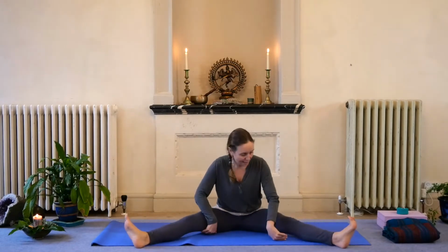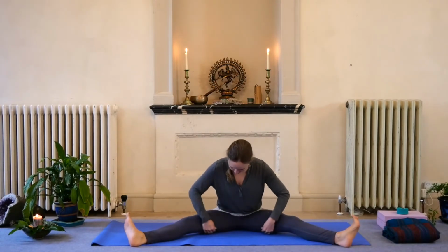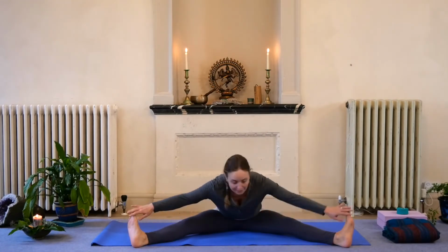And then bring yourself back up and opening up the legs. This is a wide leg stretch, so it's really in the inner thigh here now. So inhale, stretching up, and exhale, folding forward. So it might be that you're still up here, or you might be coming down further. Just see how it is, and it'll be different for everyone and be different on different days and different times of the day. So you're flexing your feet,